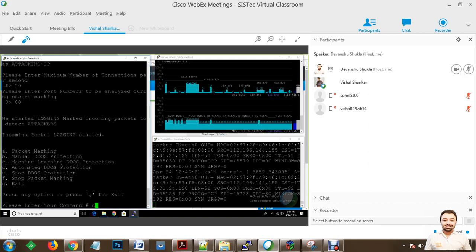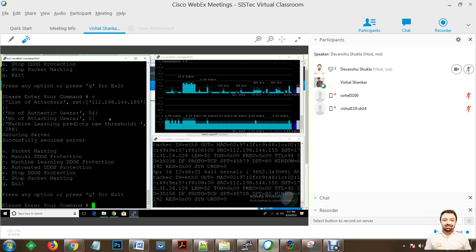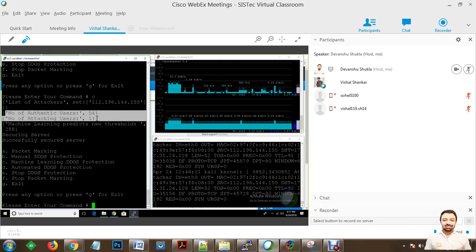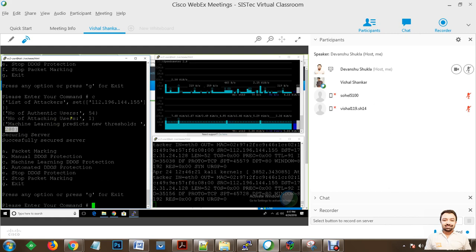So now once we do machine learning prediction, we have quickly identified the number of attackers. Here you can see that we have identified that this attacker is trying to attack the server, and the number of authentic users is 54, the number of attacking users is 1, and with respect to their access behavior, we are going to change the threshold value so that the maximum number of people will get access to the resources even when some attacker is trying to perform a DDoS attack, and this approach will be pretty optimal.